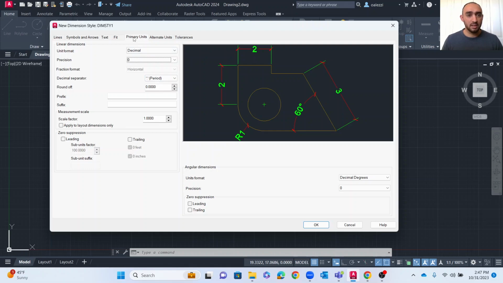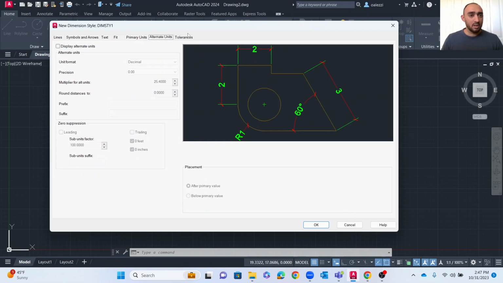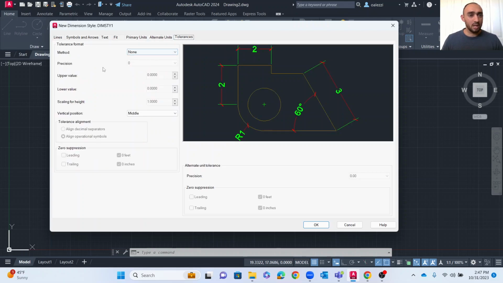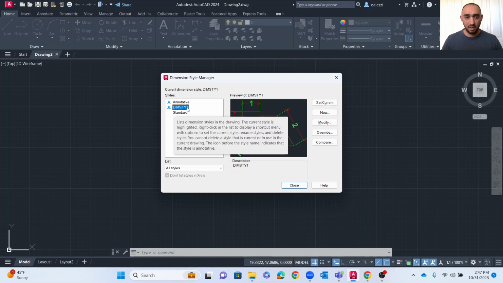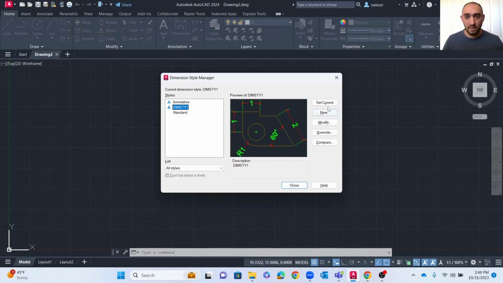Then here is the primary unit, also the same thing. This one no change. Here also I will not change anything, I'll keep it the same thing. Okay, so I'll click OK, then select the dimension style number 1 which I created with the blue icon, which is the annotative. Then I will set current. I'll click on set current,